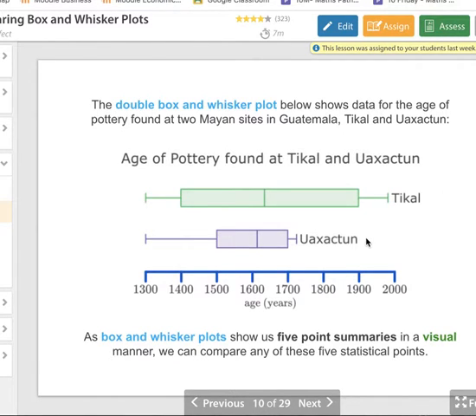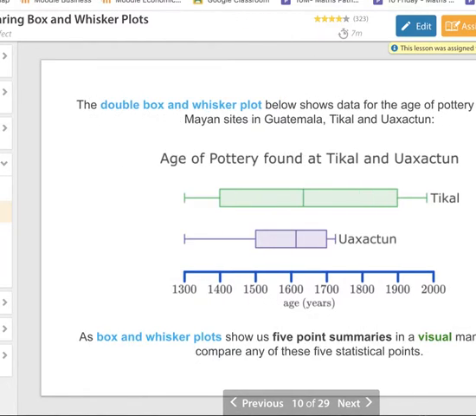This is basically how you're going to present yours, but rather than having 2 different locations, you're going to have 2 different rainfalls for the 2 different years. Okay,